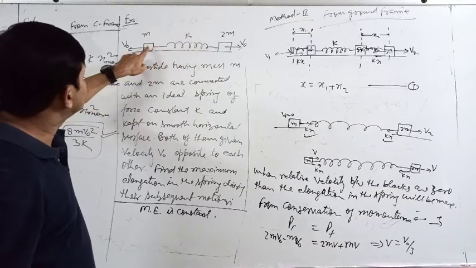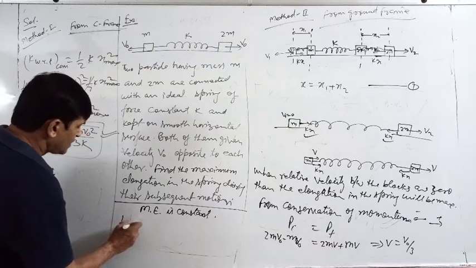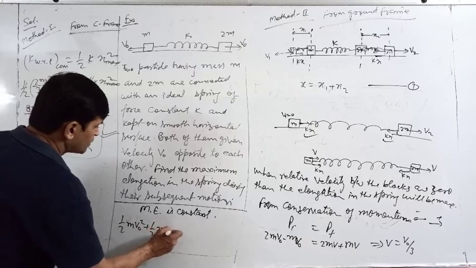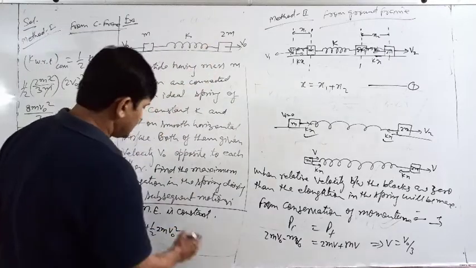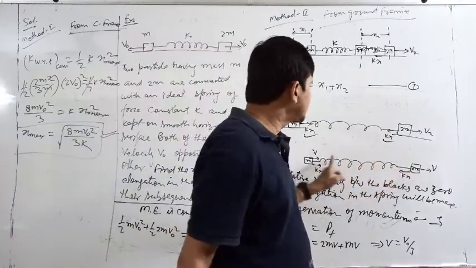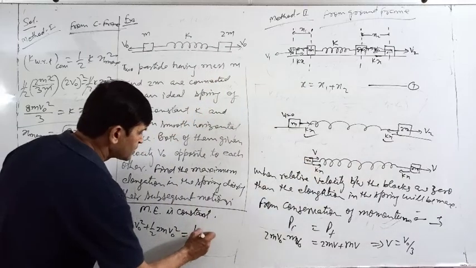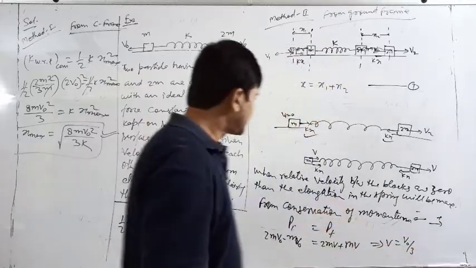So initial kinetic energy of this plus this: half m v naught square plus half 2m into v naught square. Final kinetic energy, both having the same velocity, mass 2m plus m, 3m, so half 3m v square, where v is v naught by 3,